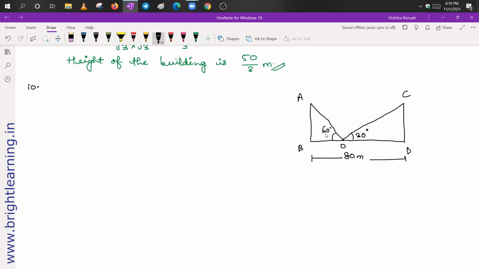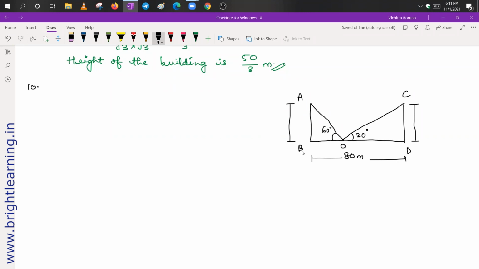Okay. So the next thing that we have to find is the height of the poles. Now since the height of both the poles is equal, if we find the height of either AB or CD, we will get the height of the other pole also. And next we have to find the distances of the point from the poles. How far this point is from this pole, and similarly, how far this point is from the other pole, that also we have to find.